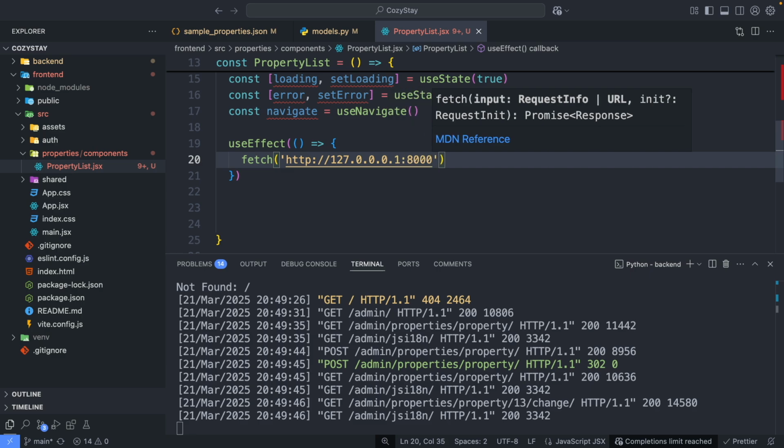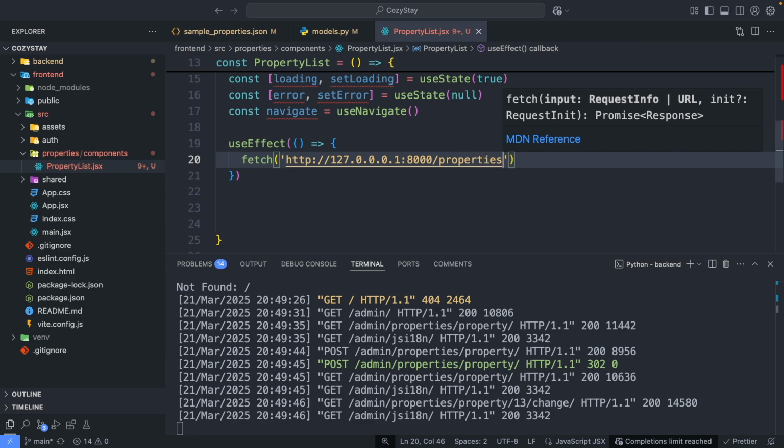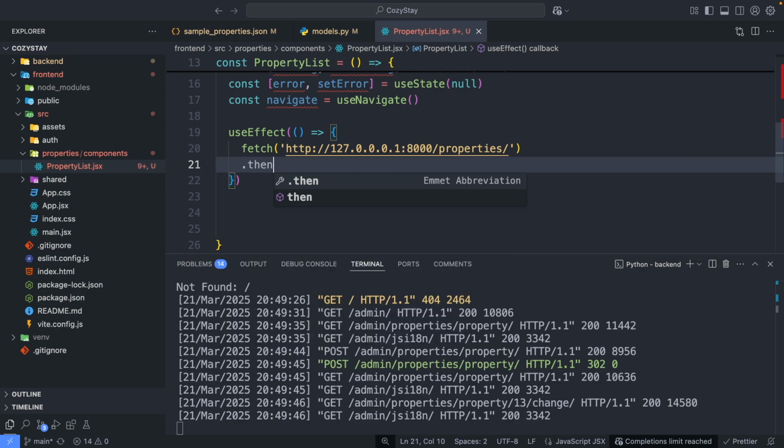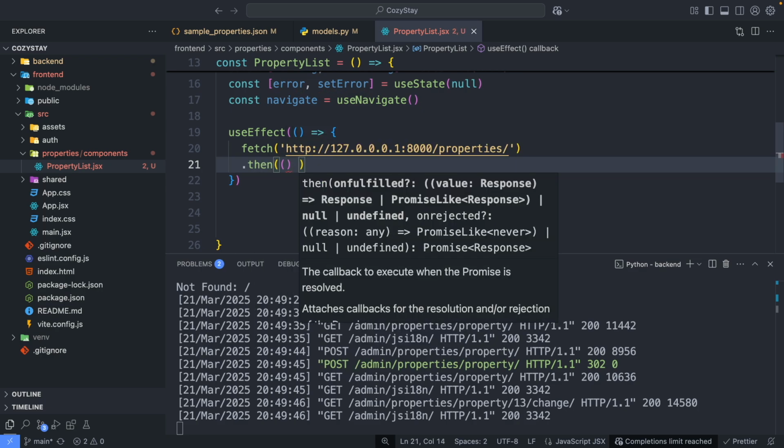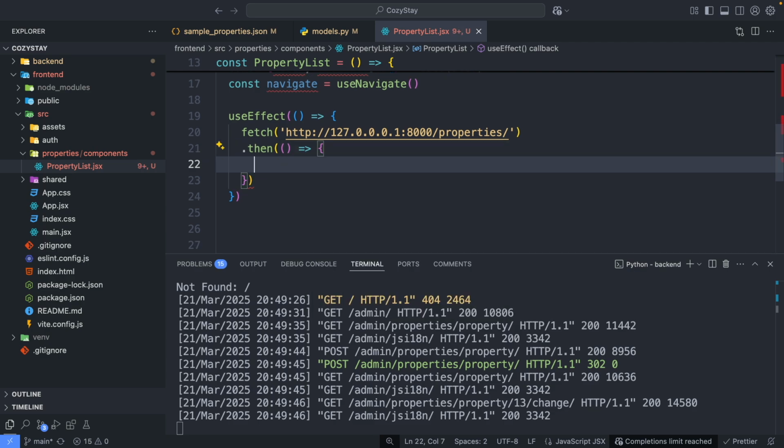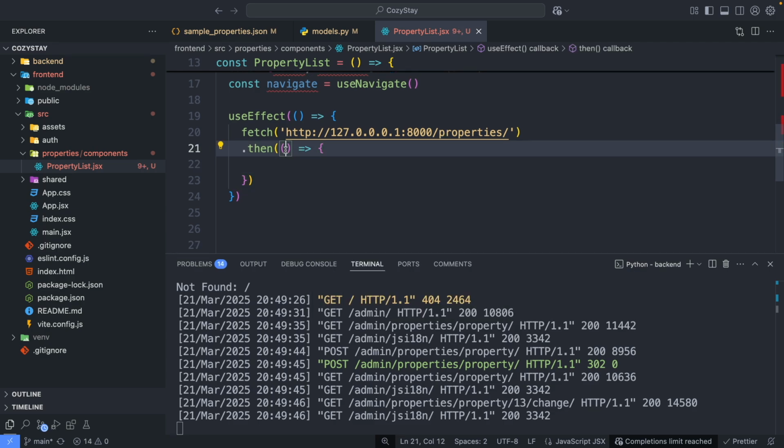That's our Django URL here, and /properties/. Then let's create here, and we have a response from here. Supposedly we got a response here, and